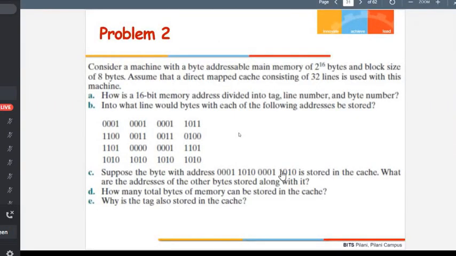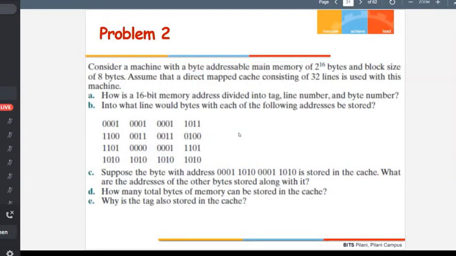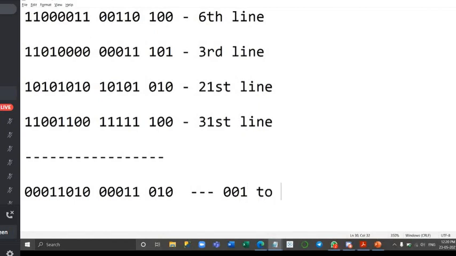So basically the byte is referenced by the last 3 bits. If you change the byte, it changes the address, so all these addresses will be stored in the same location. If you split it according to this architecture, all of them will be stored in line number 3 only. Whatever combination happens here, they all will be in line number 3. So the number of combinations we can have with the last 3 bits is the answer for that question. Yesterday sir mentioned that the addresses will start from 001 all the way up to 111.